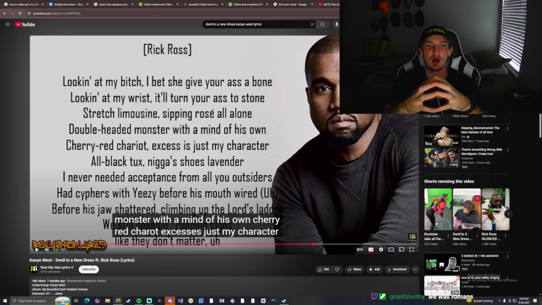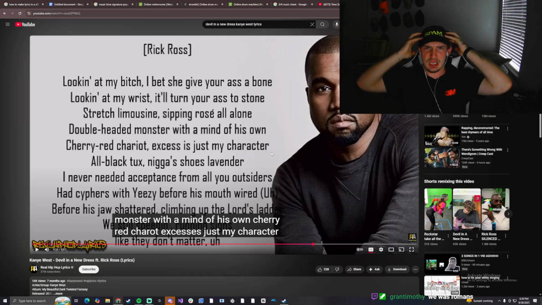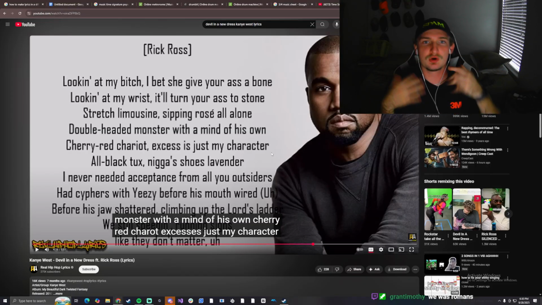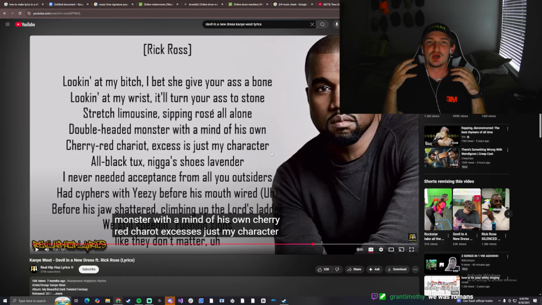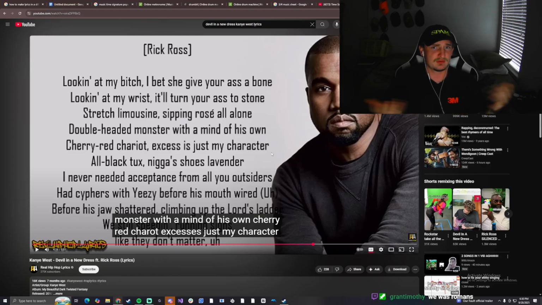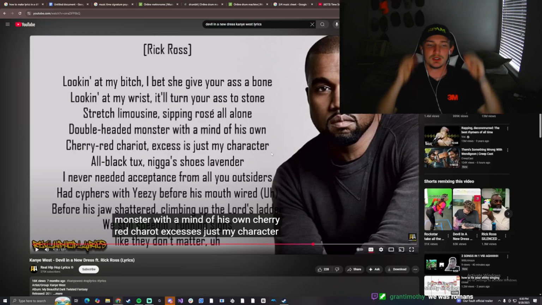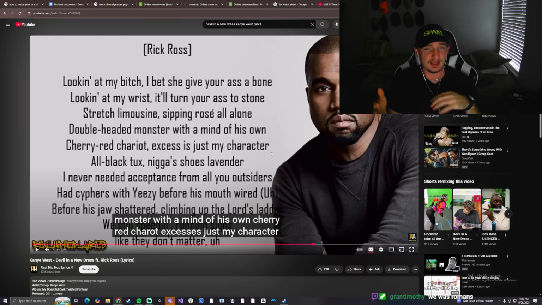Because if I just say car, you're right here. Oh, he has a red car. He had a cherry red car. Okay. It was like rich red, right? You're being more detailed. He had a red chariot. A red chariot. Okay, so I know it's red. Red doesn't go hard. Red is just red. Now, red bottoms, that's saying something. But red just doesn't go hard. Chariot, I'm not just driving a car. I'm driving a chariot. I'm at war.